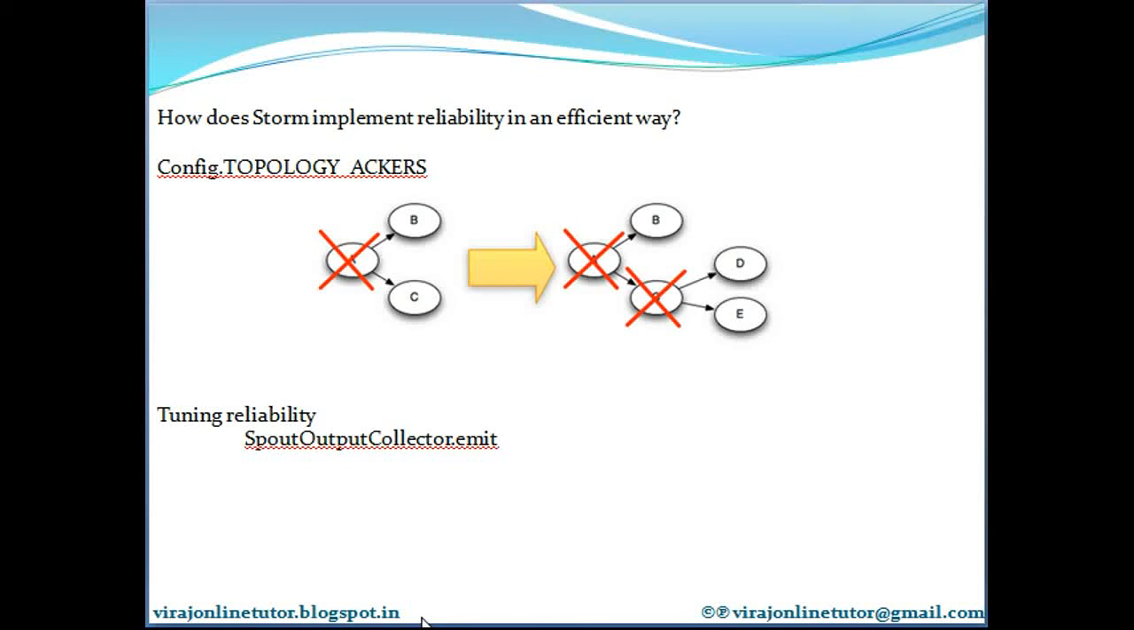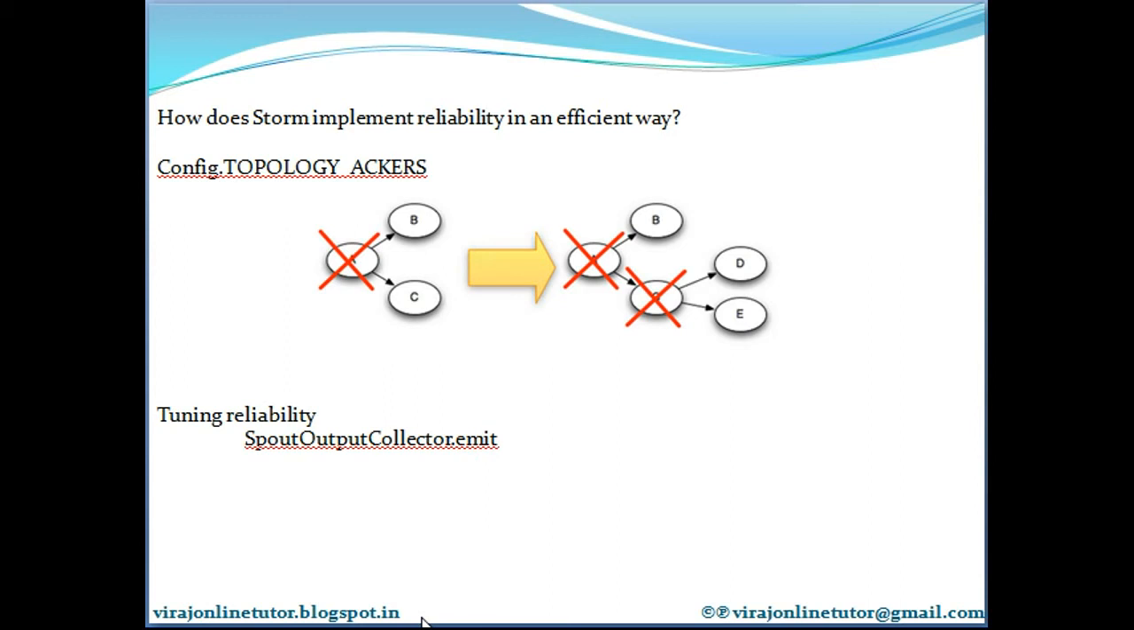So now we'll discuss how Storm implements the reliability in an efficient way. A Storm topology has a set of special acker tasks that track the DAG of tuples for every spout tuple that it emits. When an acker sees that a DAG is complete, it sends a message to the spout task that created that tuple. You can set the number of acker tasks for a topology in a topology configuration file